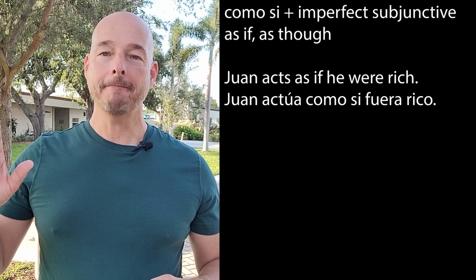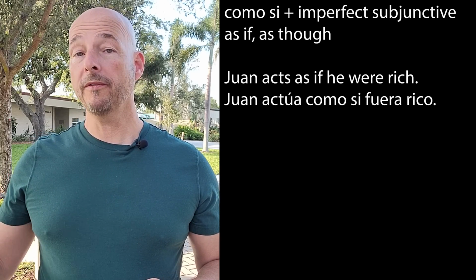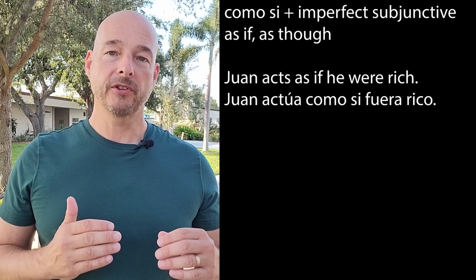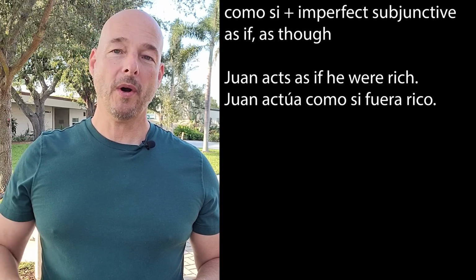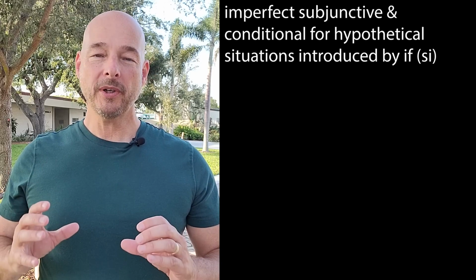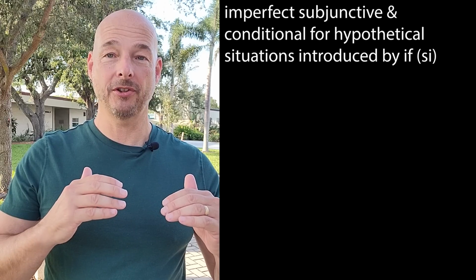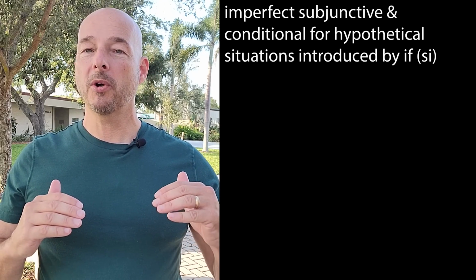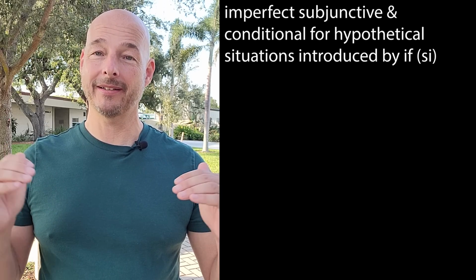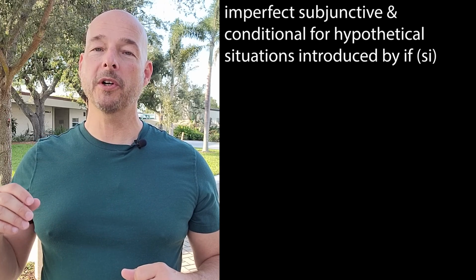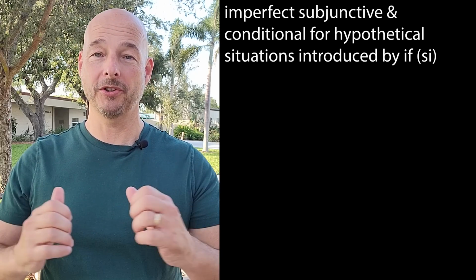In response to that video, several viewers asked me if I would do more videos about the uses of the imperfect subjunctive, so I thought I would introduce you to another construction that I use quite often. This one deals with hypothetical if situations that use the imperfect subjunctive and the conditional together in the sentence. Those two tenses are going to be working hand in hand here, so you're going to have to know both of them to be able to use this construction.